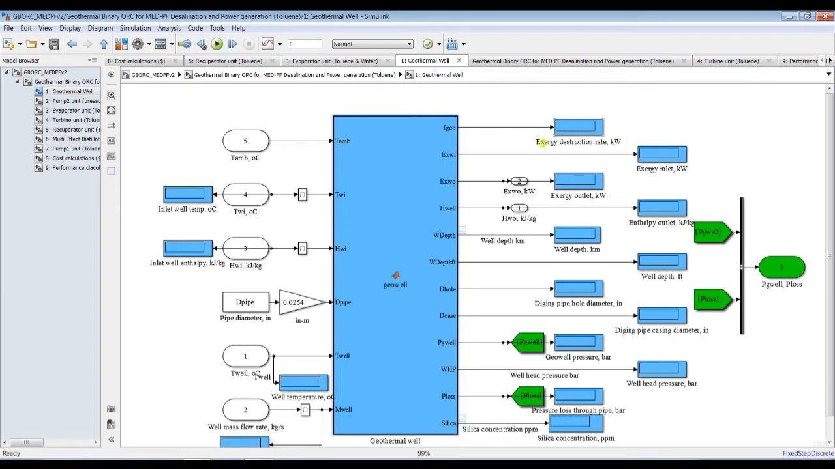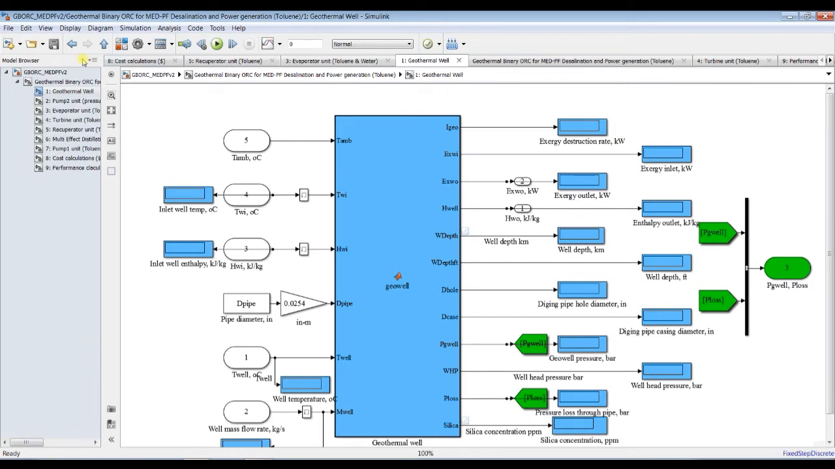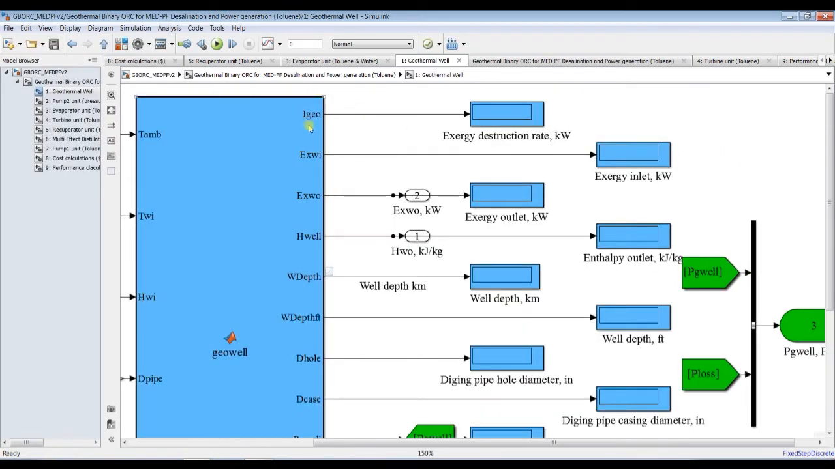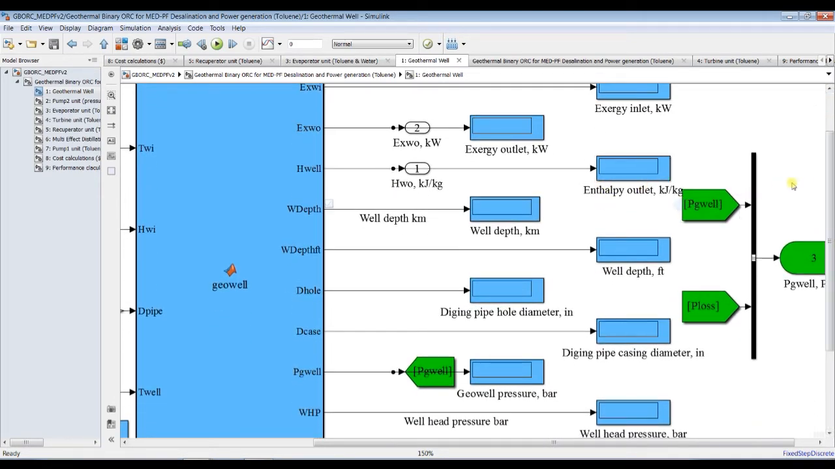Exergy destruction rate, as you can see here. You can see this is exergy destruction rate, exergy of water inlet, water outlet. That's so important. Enthalpy inlet to the well. This is well depth in kilometer. This is the well depth parameter. You have to discover this one, and this well depth in feet, because based on this feet you can